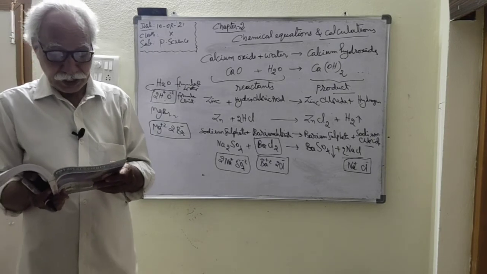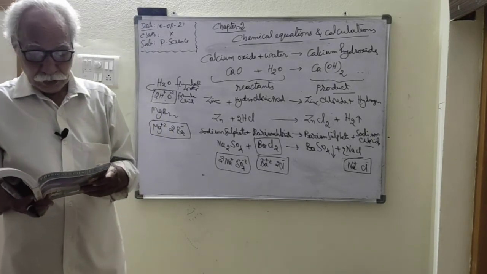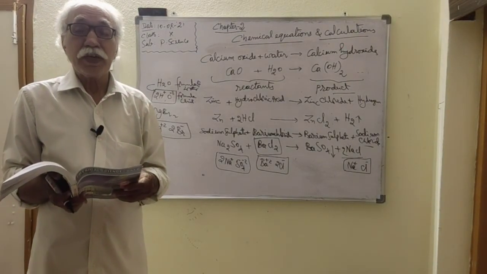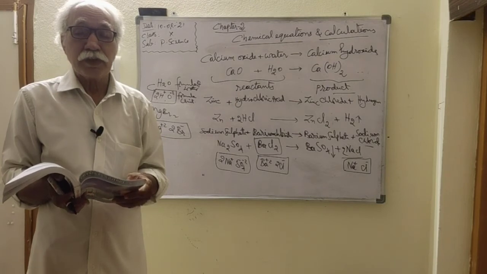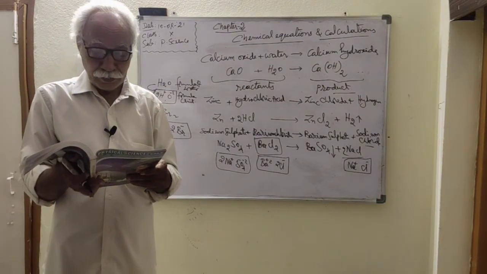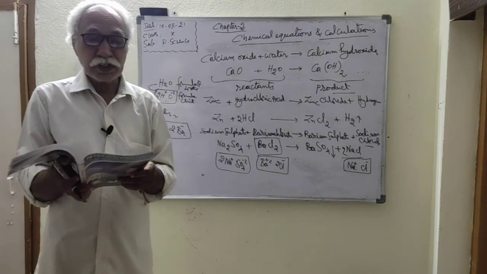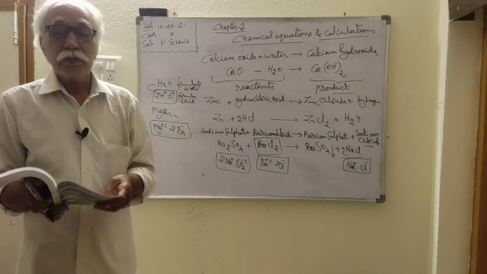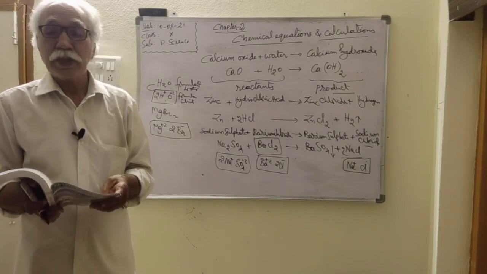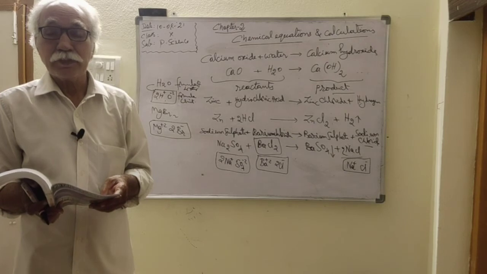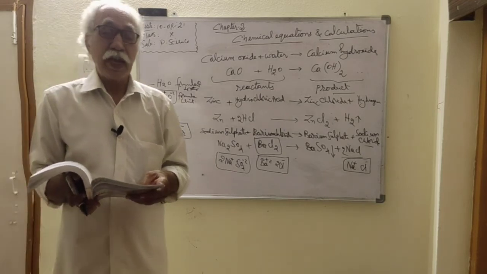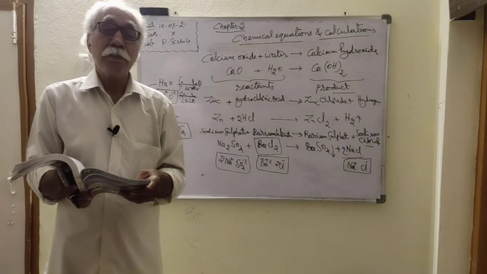So step number 3, we should make a simple coefficient ratio. Means the coefficient numbers, make them into a simple ratio. Since we require the lowest ratio, suppose here is 2:4:6:8. That is a big number. So we make them into a simple number. All the numbers divided with 2. 1 is to 2 is to 3 is to 4. Like that we should get the simple ratio.